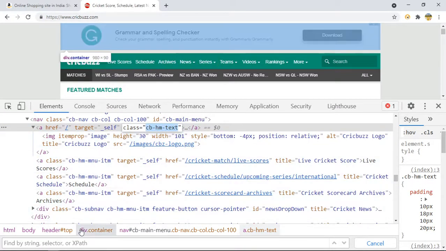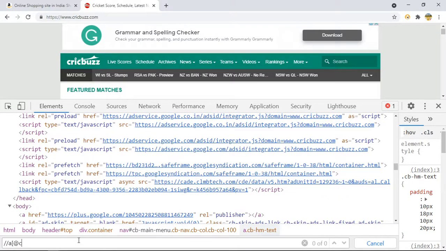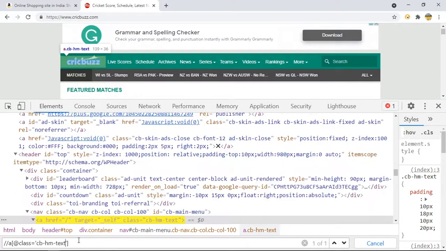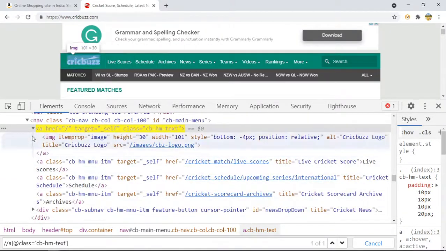Suppose I am on the first child, okay, @class. So now you can say I am here. Now if I want to move to some other line from this, you can see